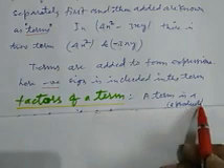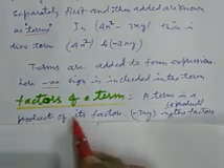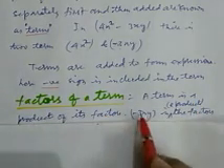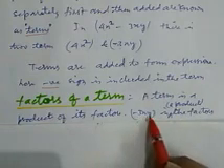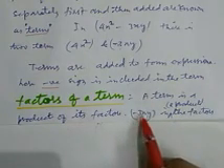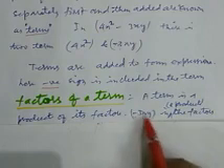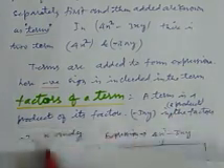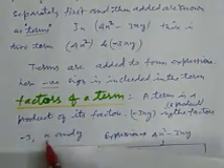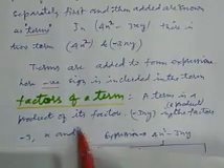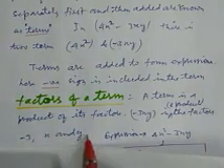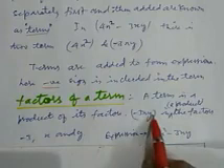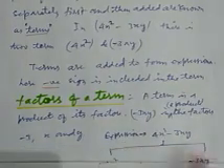A term is a product of its factors, like minus 3xy. So 3, x, y and minus 1 are the factors of this term. So this term is a product of the factors minus 3, x and y. Combined, by multiplying all three, we get minus 3xy. Now we form a tree to learn this.